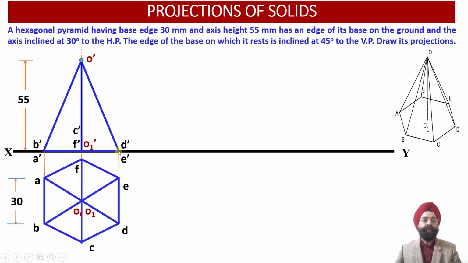But these projections, that is the OA projection in the front view, so the O dash A dash hidden line projection, has been superseded or overlapped by the projection of the slant edge OB in the front view. So O dash B dash has overlapped with the hidden line projection of the edge OA, that is O dash A dash. So that is why we are not able to observe O dash A dash as a hidden line projection in